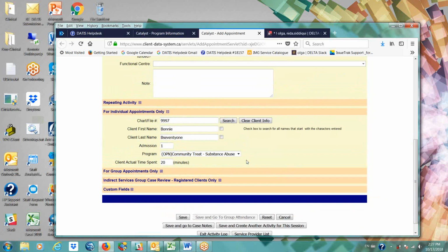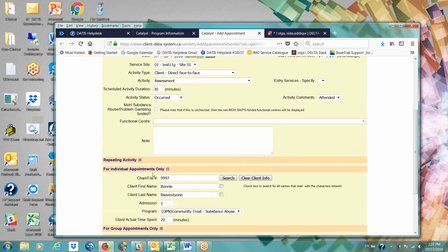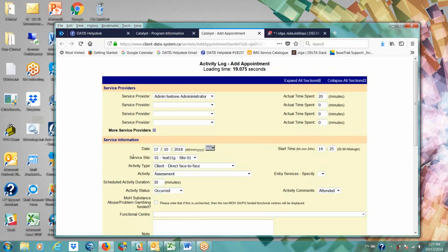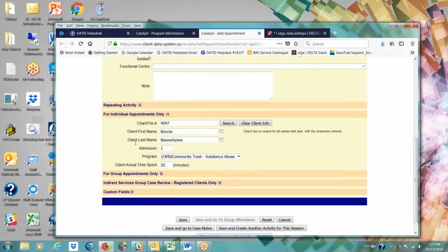If I were to click Save Now, that would be all well and good. But you notice that I can't click on the MOH number and I can't click on the functional center number. And that's another business rule that we have, because this program here is linked to a functional center and a service category. So the business rule applied to this one here is that the activity is now going to be directly related to this program. If I were to talk OHRS language for a second here, what you put into the activity log